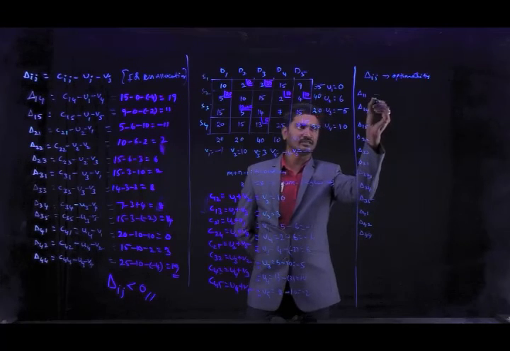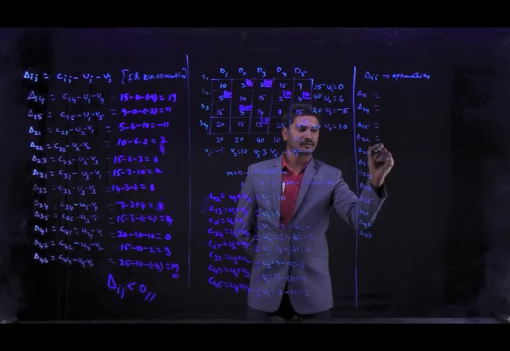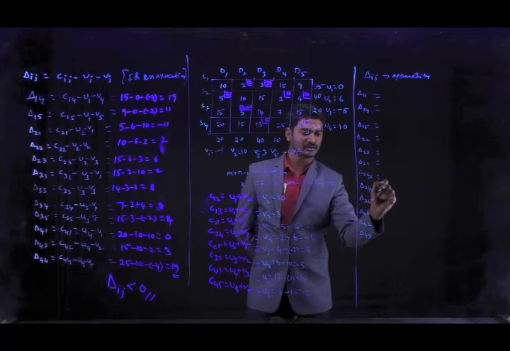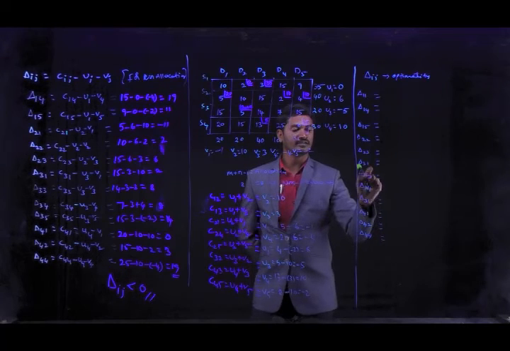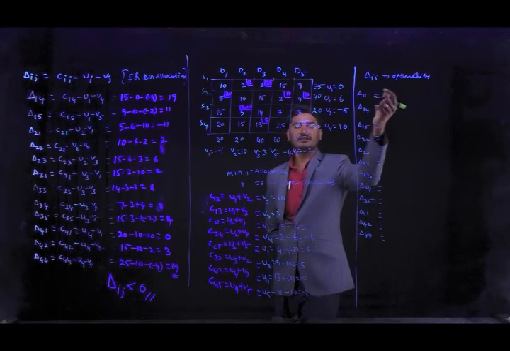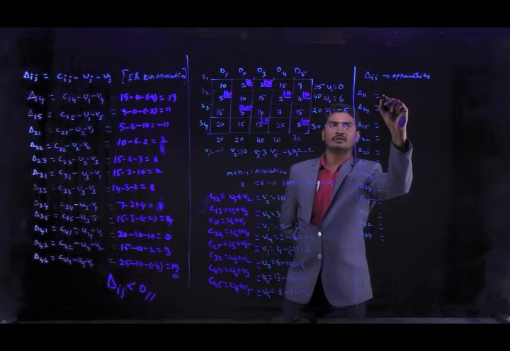These are the unallocations. In total, how many unallocations are there? 1, 2, 3, 4, 5, 6, 7, 8, 9, 10, 11, 12 unallocations are there. From this we are going to get the